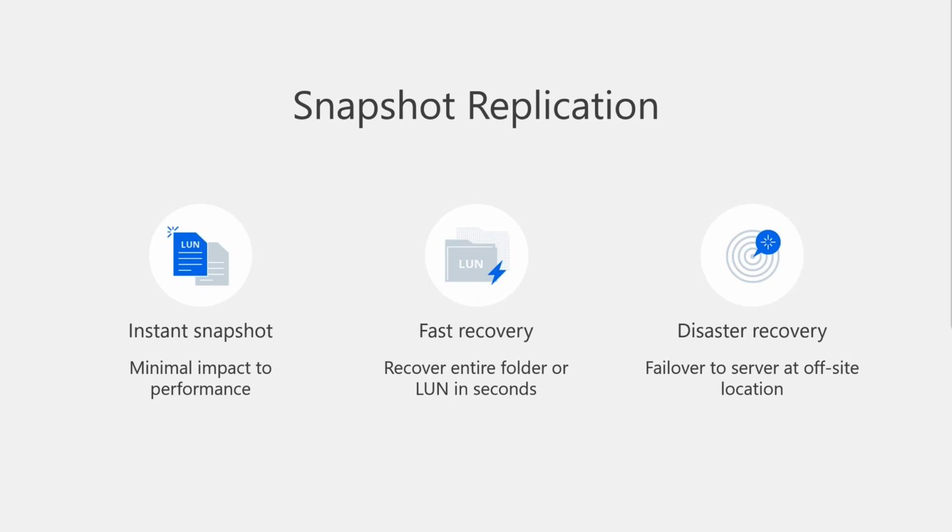And one thing that I like to talk about for Snapshot Replication that some people don't always realize it does is it has a failover option. So this is a manual failover mode where you can use the replicated data in place instantly in the event of emergency. Then when you've resolved the emergency and your NAS is up and running, you can send the changed data back and set up the original replication relationship. So the use case for that is instead of doing a restore from that offsite location, you're just directly using the offsite location temporarily.